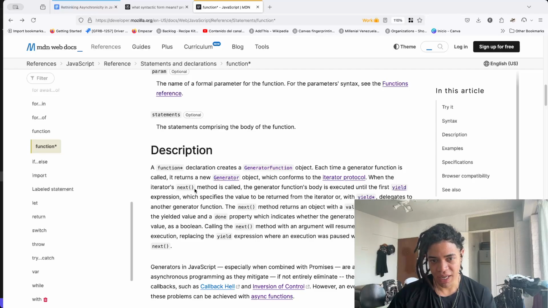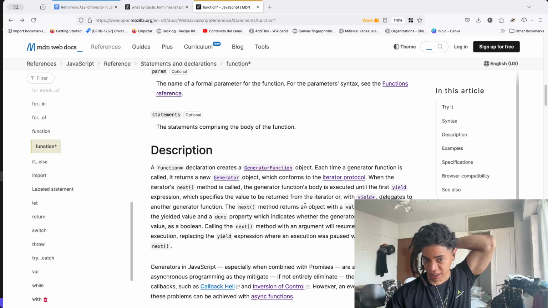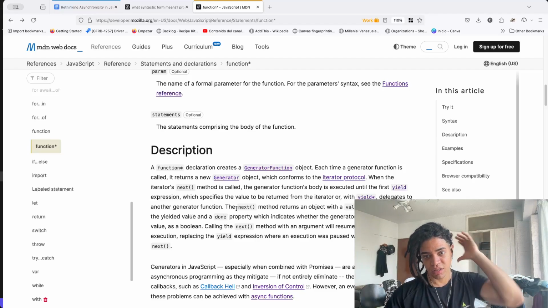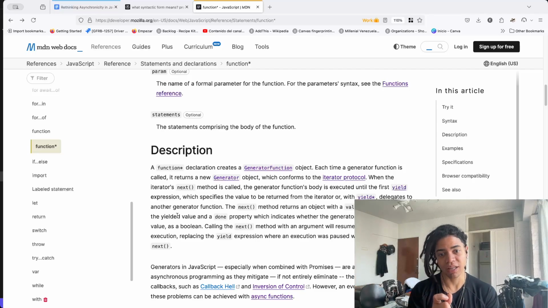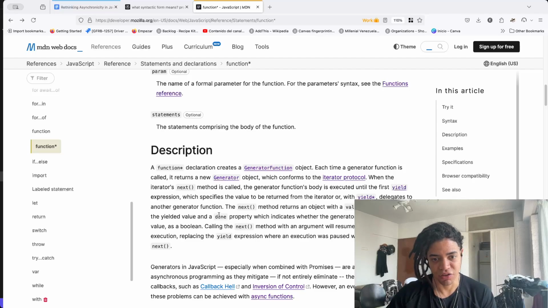So when the iterator's next method is called, the generator function body is executed until the first yield expression, which specifies the value to be returned from the iterator, or with yield*, delegates to another generator function. The next method returns an object with a value property containing the yield value and a done property indicating